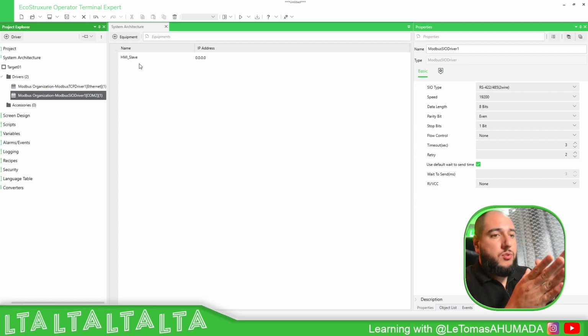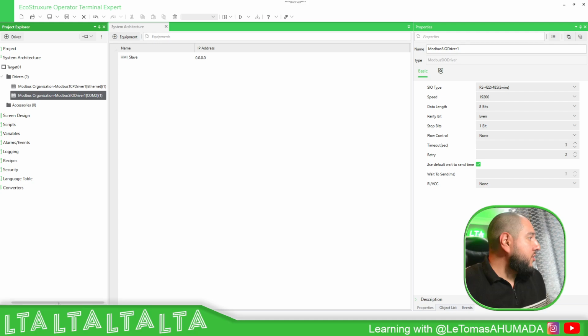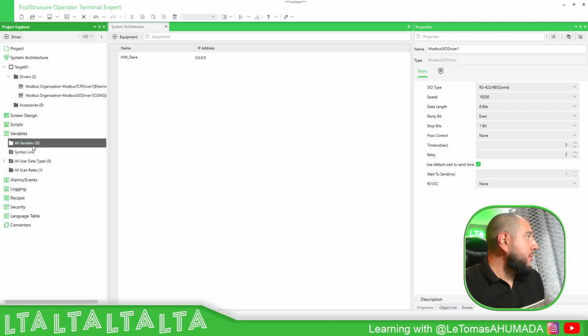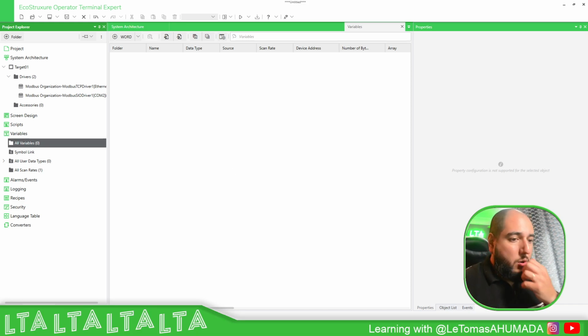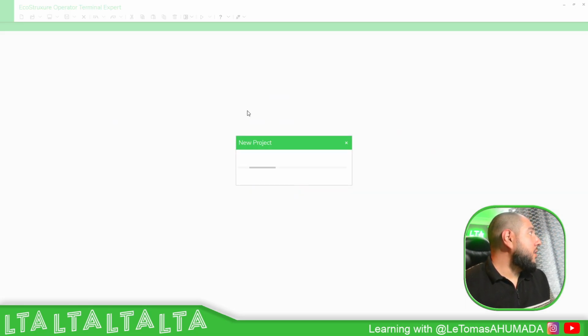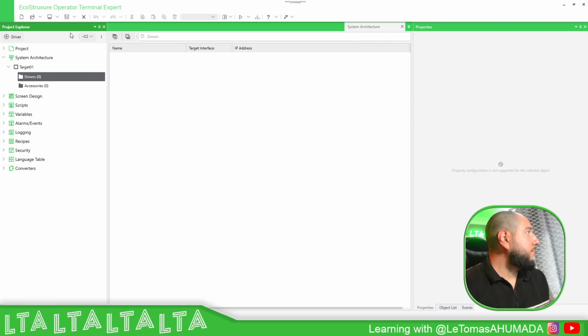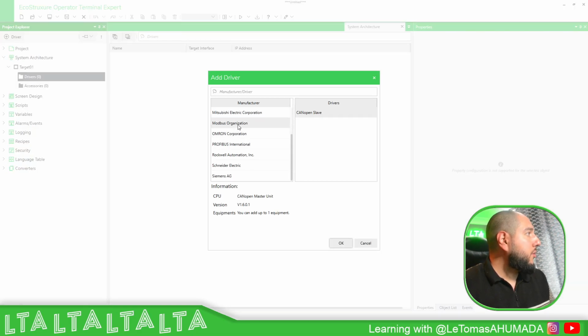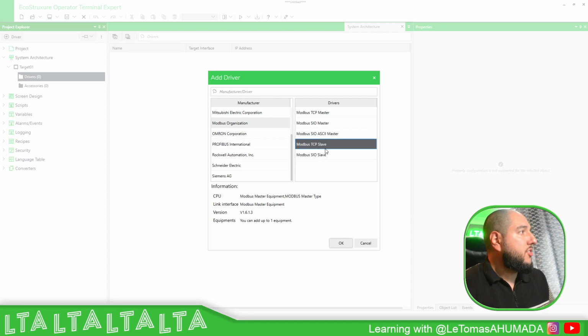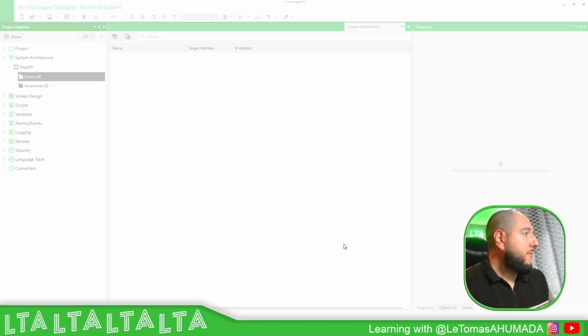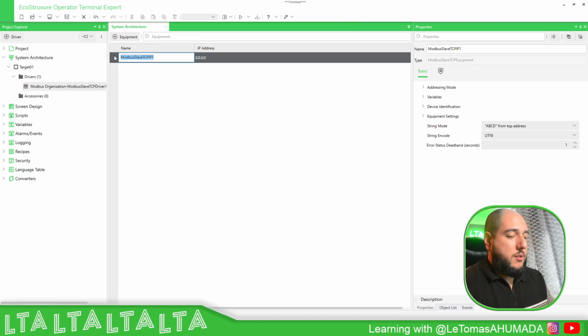I need something to point to. Then we just need to define the variables. But for the variables, we need to create them on the server or the slave. So if we create in the other project here, new target, drivers, new driver, here a Modbus organization, we just need to define Modbus slave or TCP slave. So Modbus TCP slave, my HMI server,